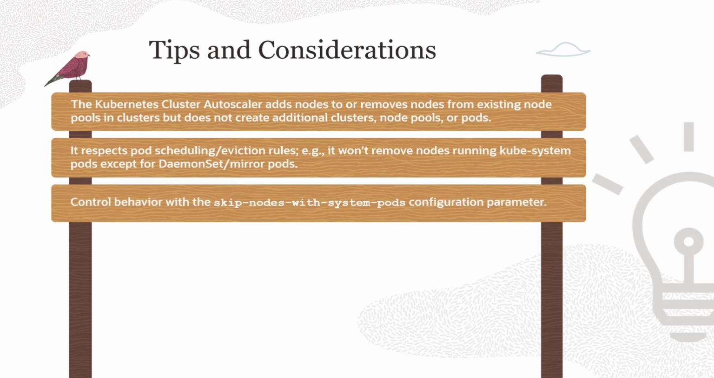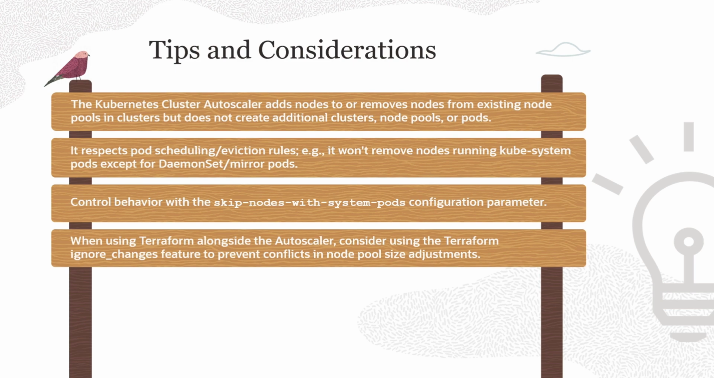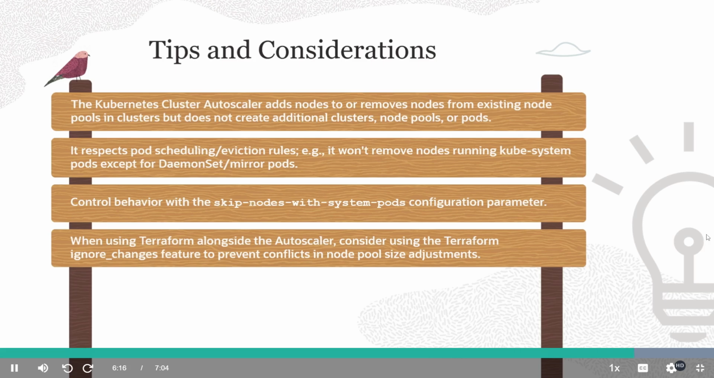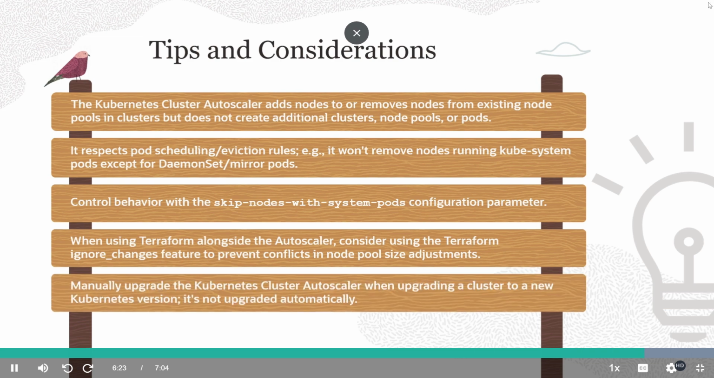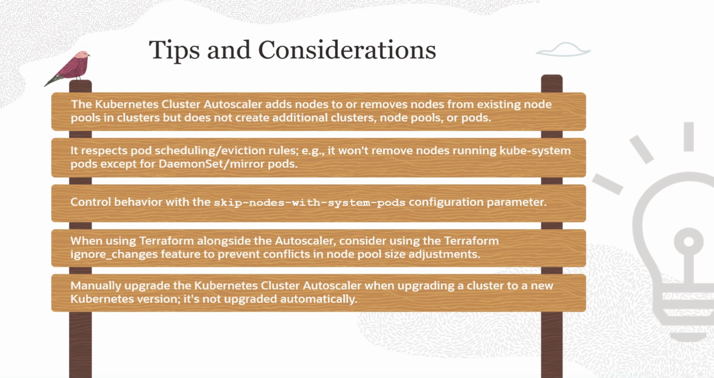Fine-tune behavior using the skip-nodes-with-system-pods configuration parameter, offering control over the autoscaler's decision-making process. When using Terraform alongside the Kubernetes cluster autoscaler, leverage the Terraform ignore_changes feature to prevent conflicts in node pool size adjustments. Upgrade the Kubernetes cluster autoscaler manually when upgrading your cluster to a new Kubernetes version, as automatic upgrades are